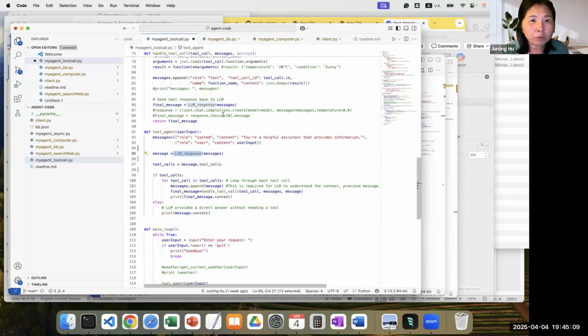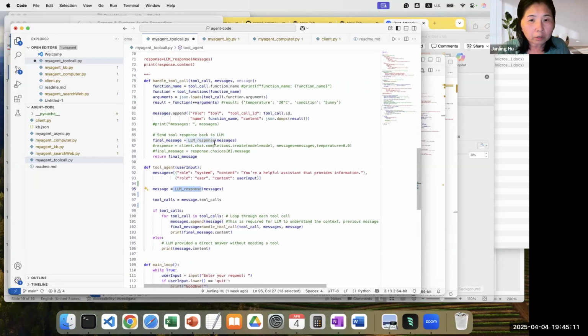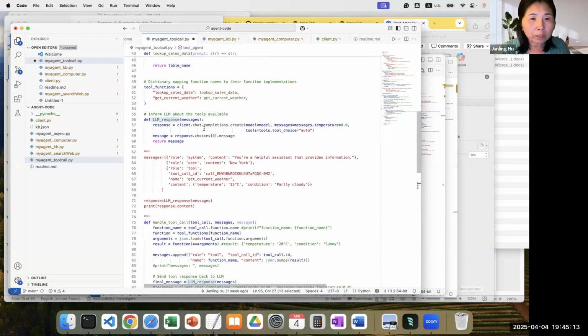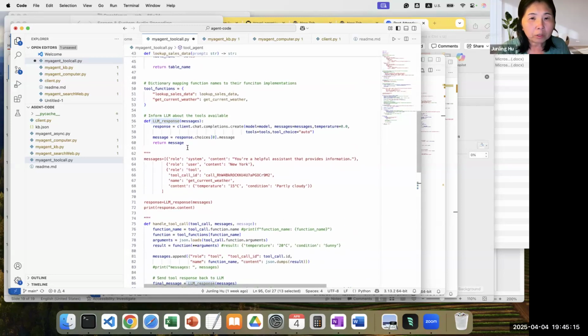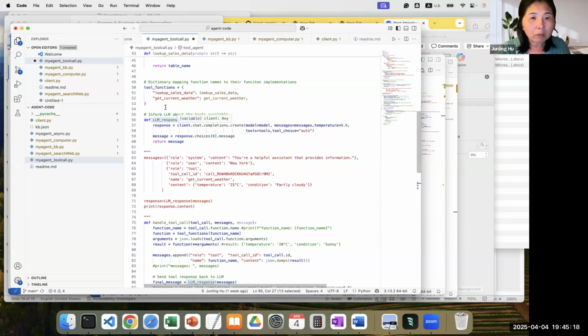Let me describe this function. This function is very simple. Right now I'm calling the OpenAI API. See, it's very simple. All the trick of building an agent is what you are sending to the large language model. It's very much like RAG.